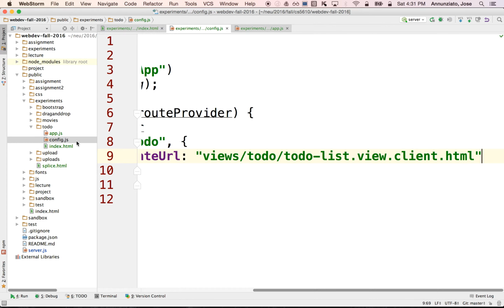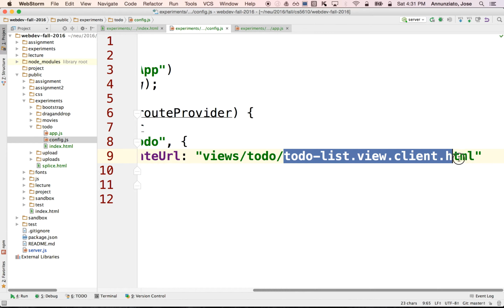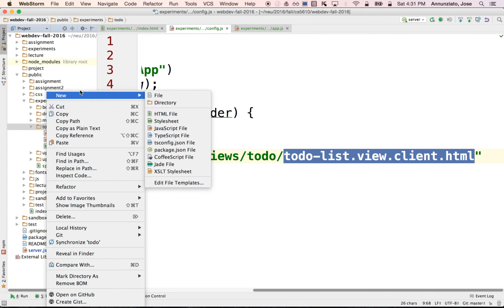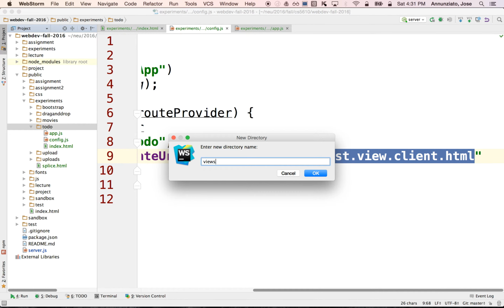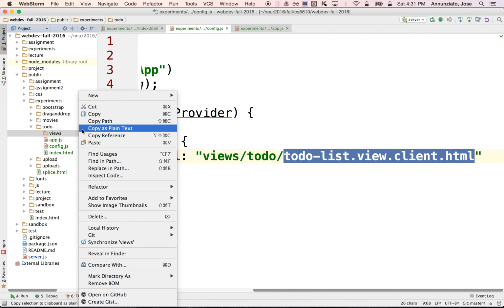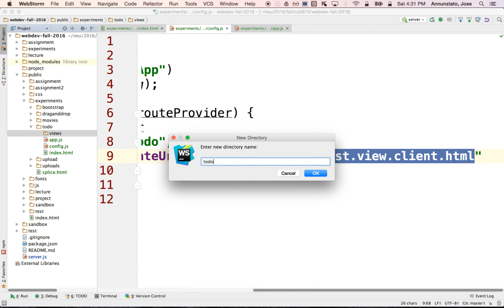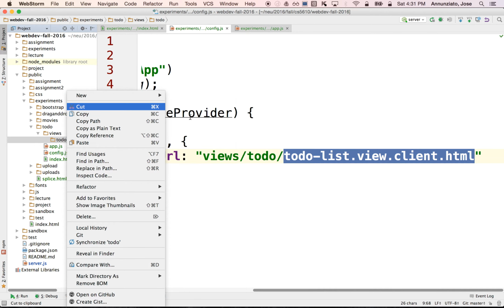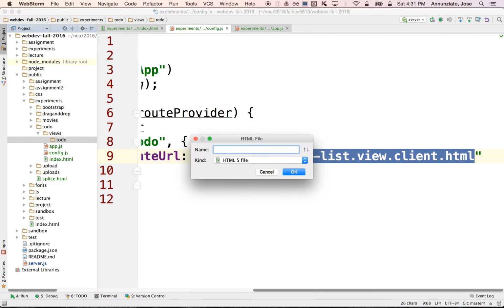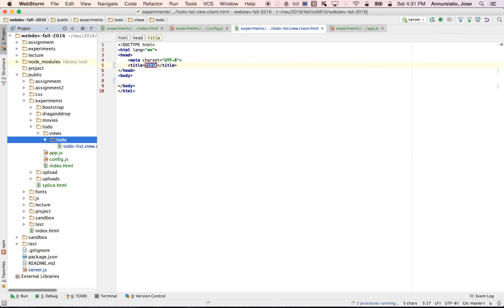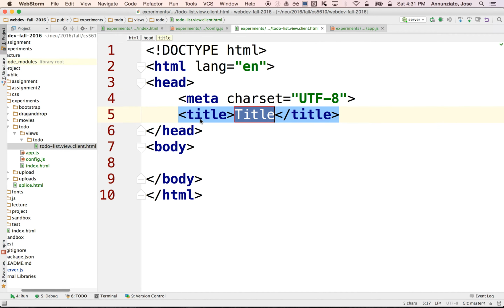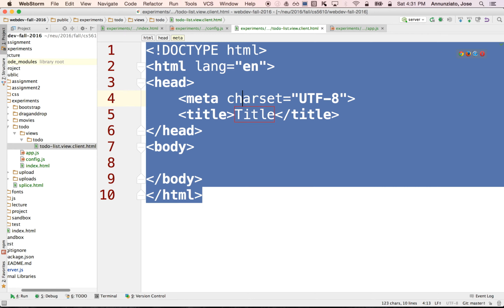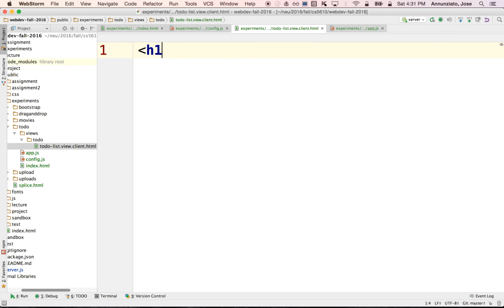So now we need to actually create this page in the right place. So it should be under views and todo. So let's create directories for views, and under here let's create todo. Right, and under there let's create an HTML template, a snippet of HTML, not a full-blown HTML page, called todo-list.view.client.html. So it's a snippet, so it's not a full HTML document, right? So we're going to blow away most of this. So for now, let's just do an H1 and say that it is a to-do